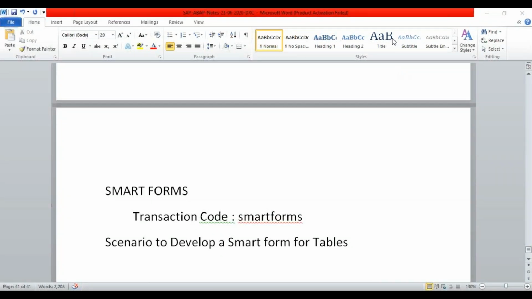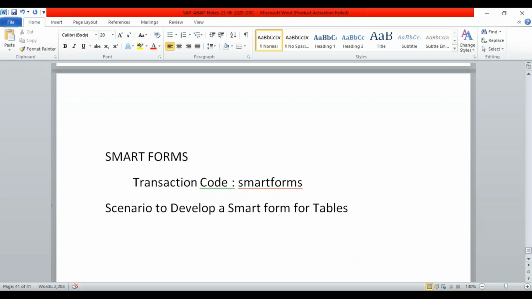Go ahead with the creation of a smart form. Okay, so basically, let's say you are an organization like Airtel. Now in Airtel, if they have to send greetings to 10 crore customers,